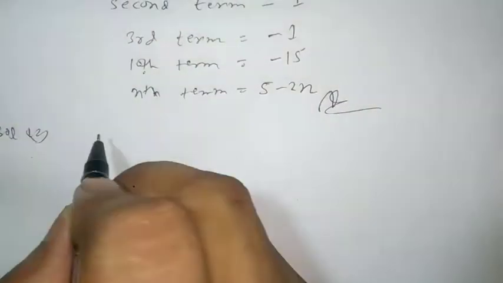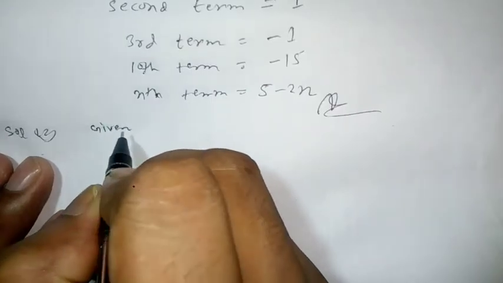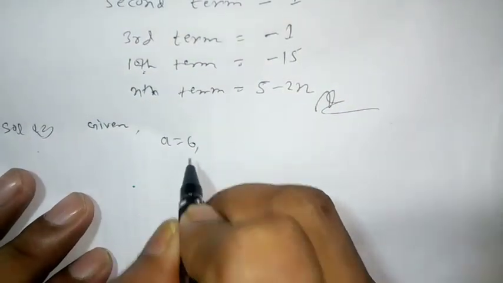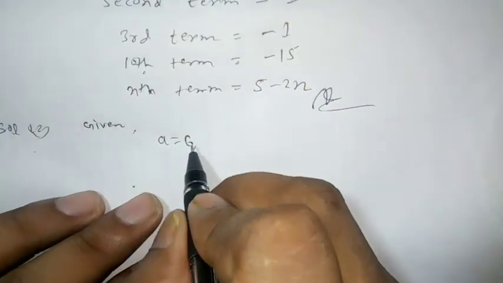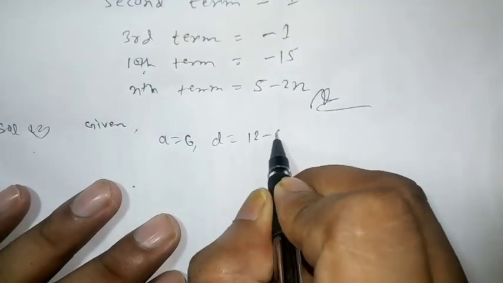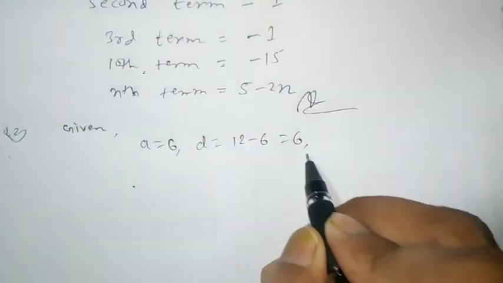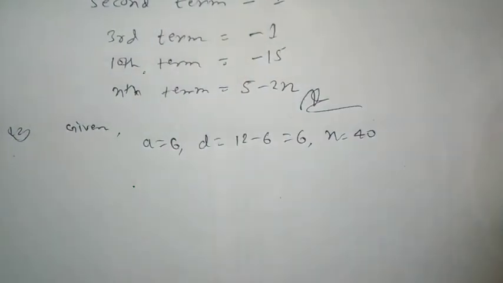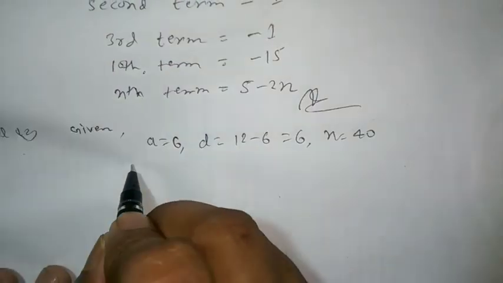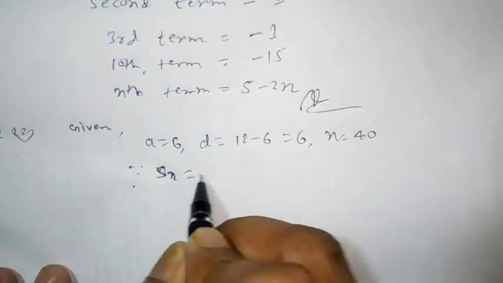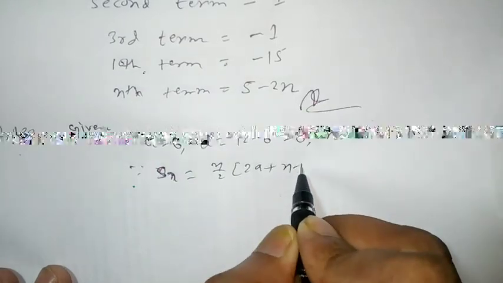Given a is equal to 6, d is equal to 12 minus 6, second term minus first term, is equal to 6, n is equal to 40. So we have to find the sum of the first 40 terms of an AP. Because Sn is equal to n by 2 into 2a plus n minus 1 into d,